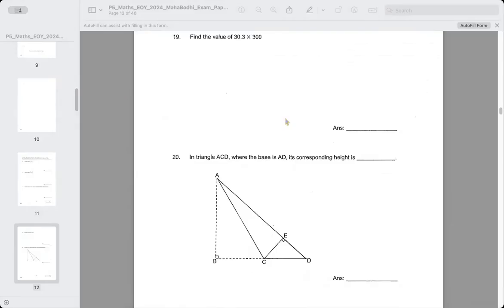Okay, question 19, find the value of 30.3 times 300. So for this, I will split the 300 into times 3, then times 100. For 30.3 times 3, I can just show you the working here, a quick one. Just take note, this whole paper cannot use your calculator as well. So 3 times 3 will give you 9. Then put a decimal place here. 0.3 will be 0, 3 times 3 is 9. Okay, so it's